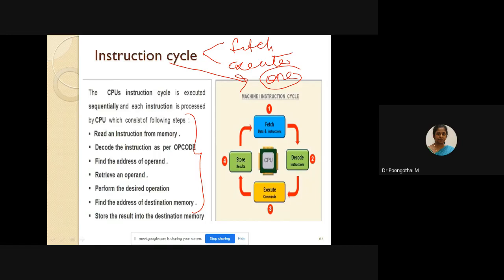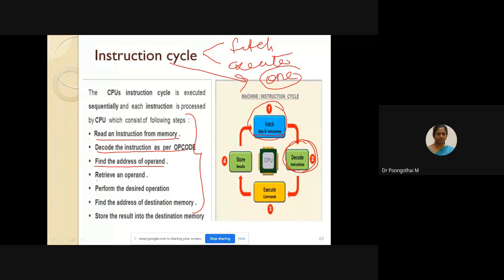First step, your opcode will be stored in your memory. So the first thing is the fetch, that is, read an instruction from memory. So this is the first one. It will read the opcodes from memory and after that decode the opcodes. So convert the instructions into a sequence of actions. Suppose you are doing a move operation or an addition operation, that can be decoded by this decoding stage. Okay. So after decoding, it will identify the address of the operand to retrieve the operand.